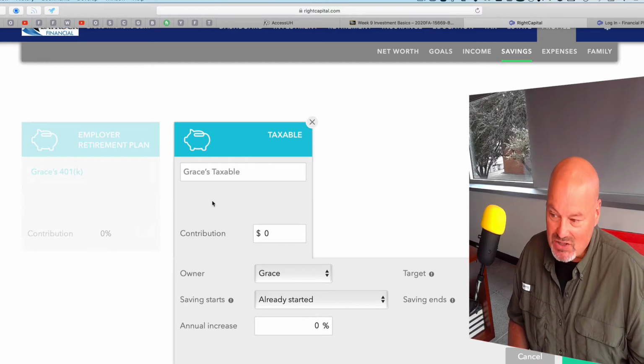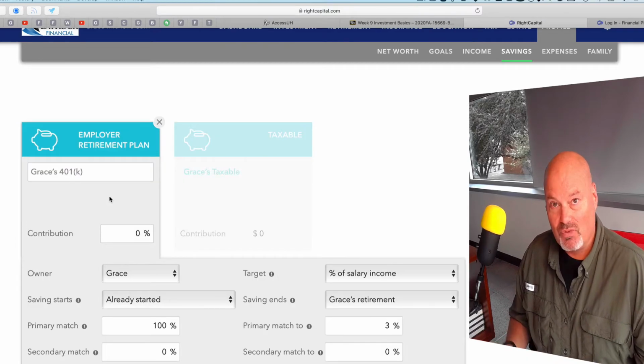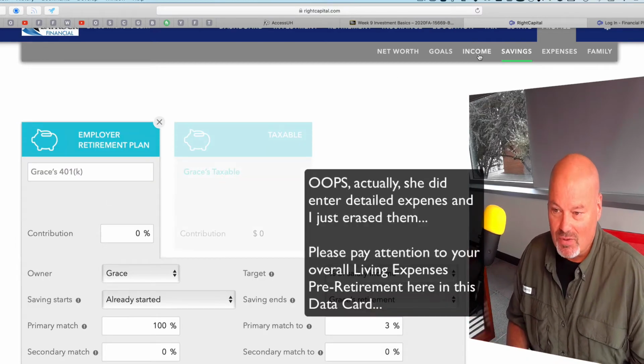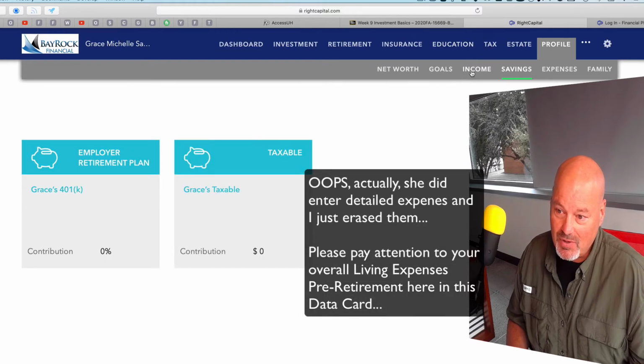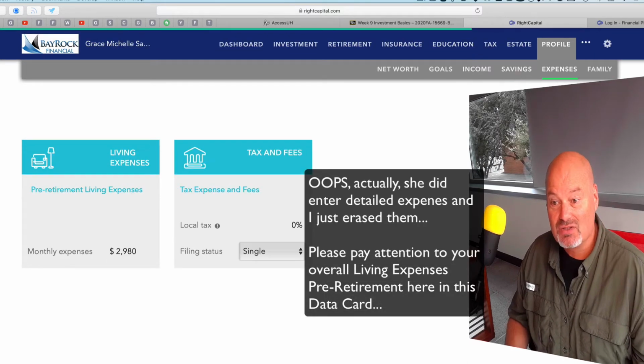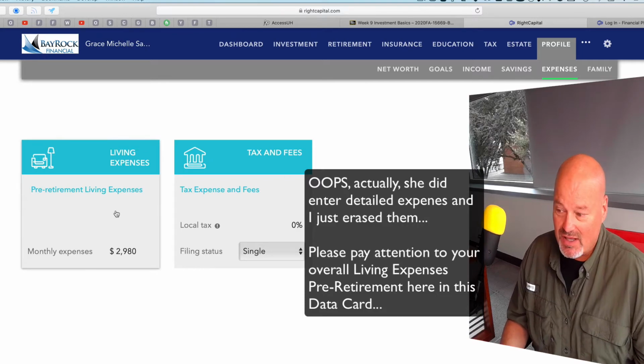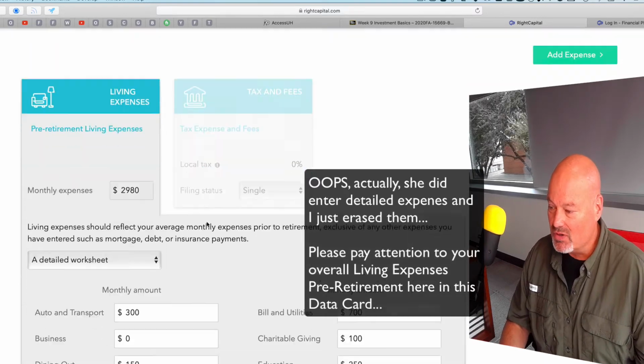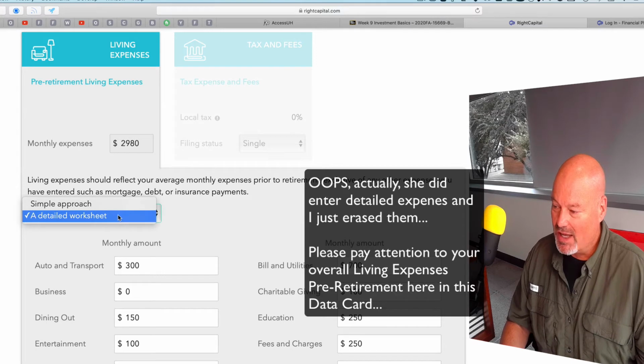So there's no taxable investment, there's no 401k investment. So we've gone through now the income card, the savings card. Now let's look at the expense card. And this again is one of the areas that I'm going to be looking at closely when I grade your